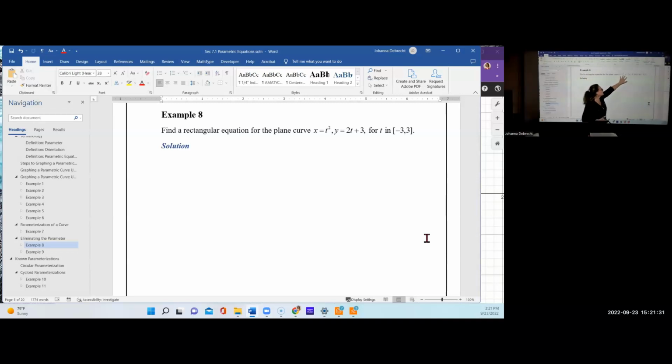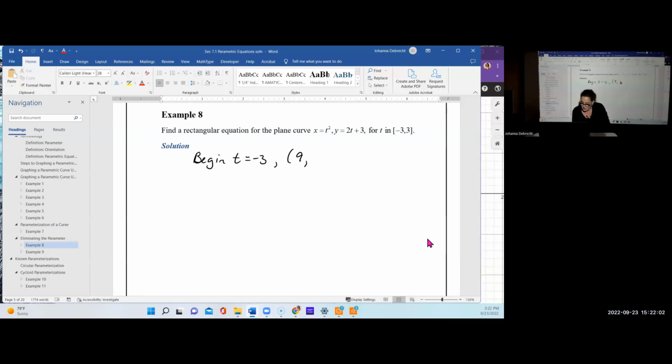So our parametric equations are x of t equal t squared and y of t equal to 2t plus 3. t has restrictions that it goes between -3 and 3. So when I'm looking at this particular one, note that this is going to begin at the ordered pair when t equals -3, which is going to be at the ordered pair 9,